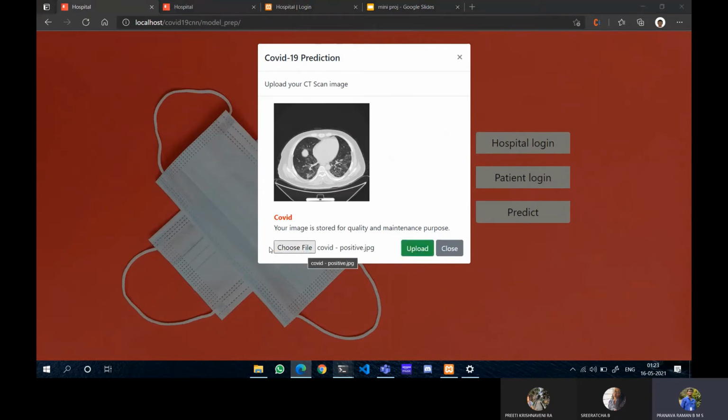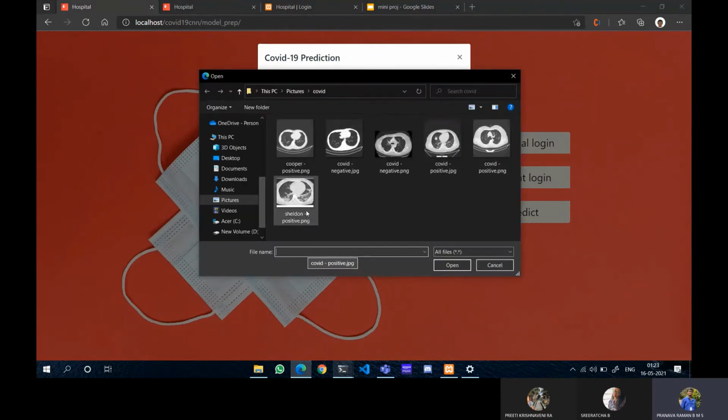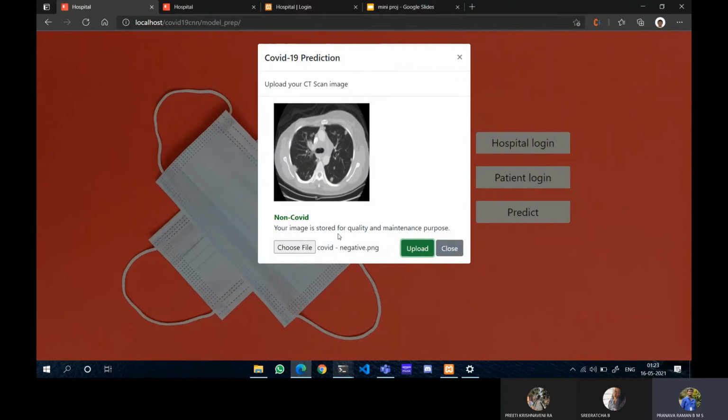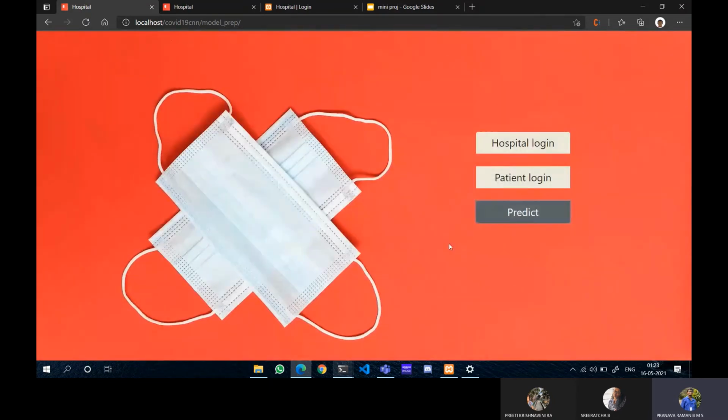Similarly, if I choose a COVID negative image, which I took from another database, again it is showing non-COVID. Based on the experiences while we were creating this, almost 90 to 95% of the images that we uploaded showed the expected results.